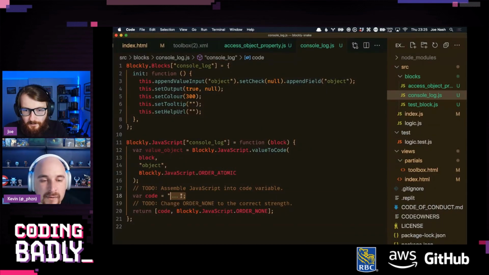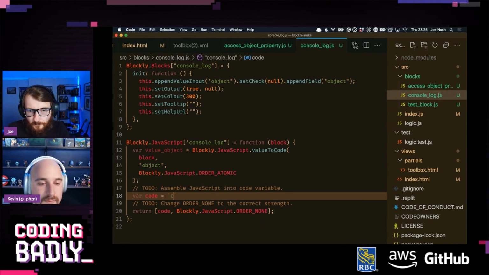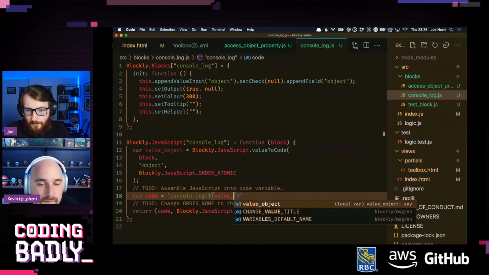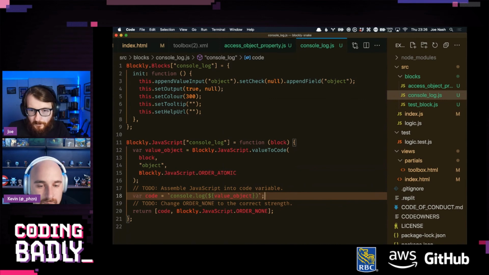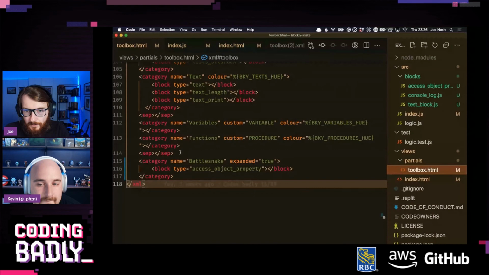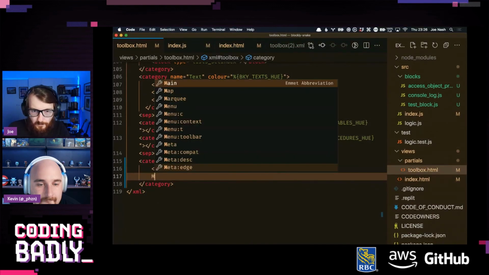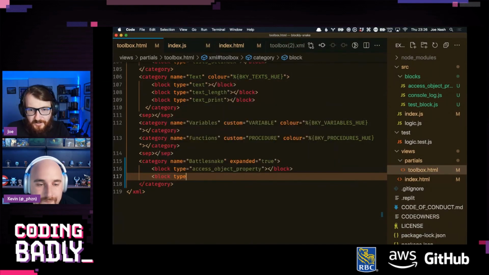Okay, so we just want to do, and then in the XML, I need to have... This is actually pretty pleasant once you realize how it works.